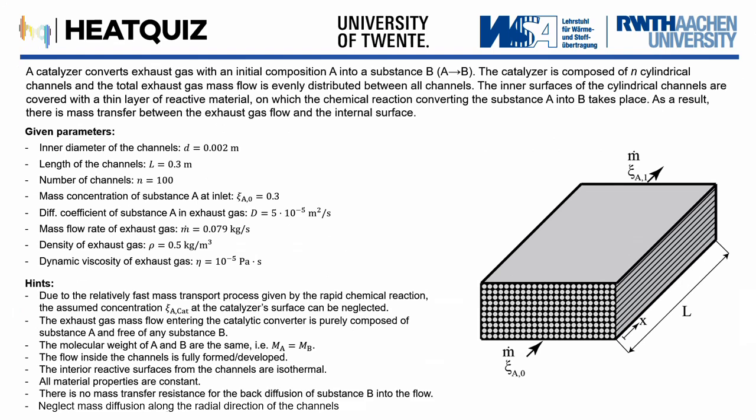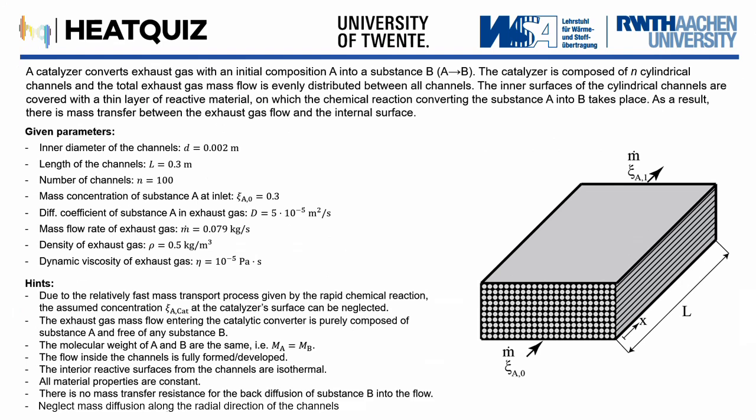Within this demonstration, we'll look at a catalyzer used for converting component A within an exhaust gas into component B. The gas flows through a number of channels N, where the channel walls are covered with a reactive layer used for conversion from component A to B. The geometric characteristics are given, as well as the inlet mass fraction and diffusion coefficient, and the properties of the